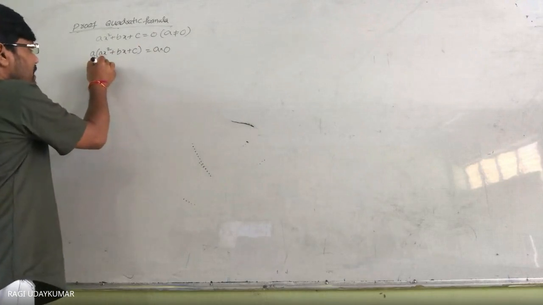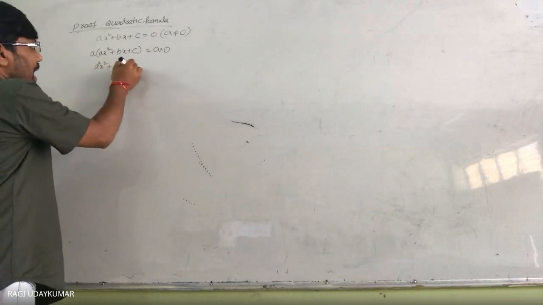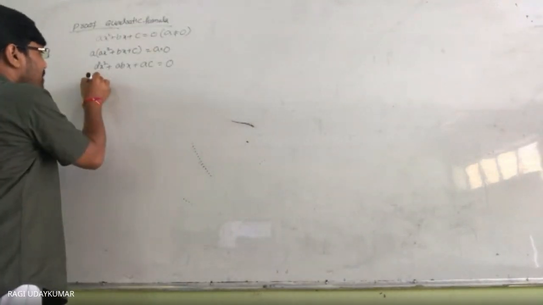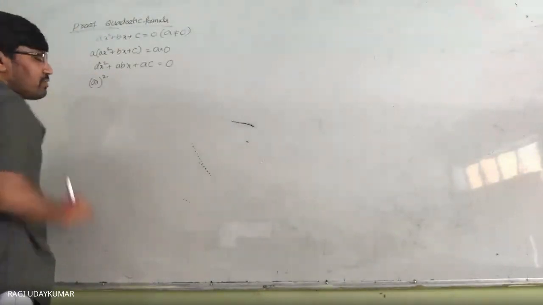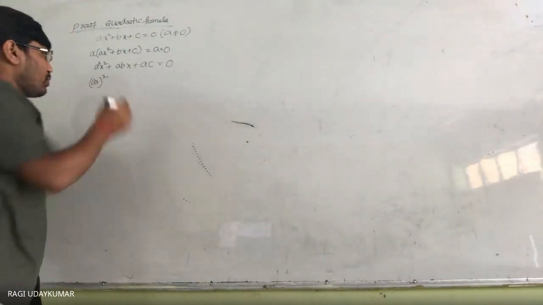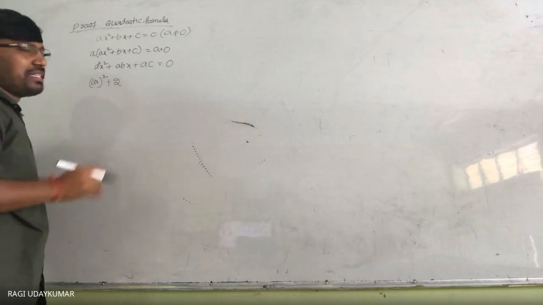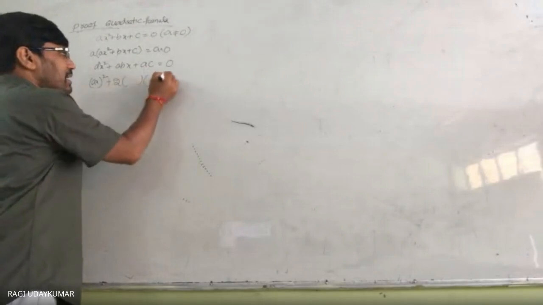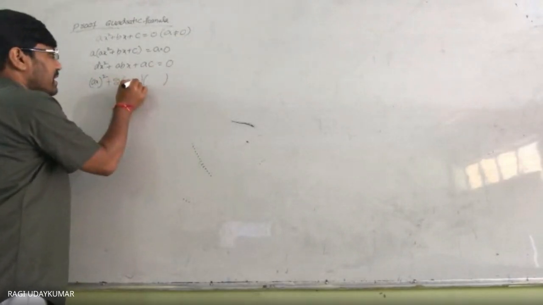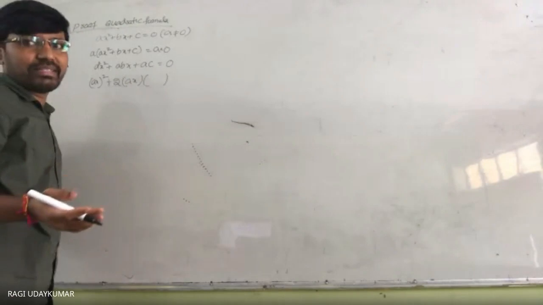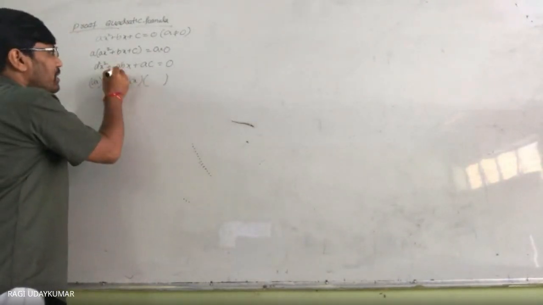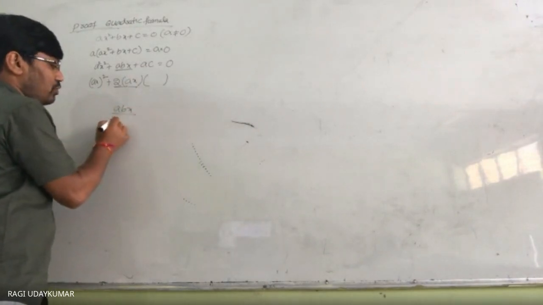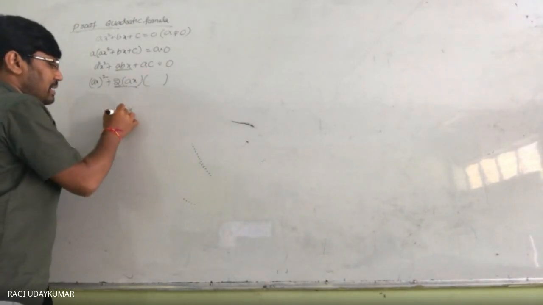Then we are going to get a square x square plus abx plus ac is equal to 0. Now this can be written as (ax) whole square. ये perfect square बन गया. नेक्स्ट स्टेप, what to do? 2 compulsory लिखना है, इधर प्लस होता है तो प्लस लिखो, 2 always लिखना है. नेक्स्ट a, इधर b, इधर ये क्या है, ये ax है. What is b? To decide what to do, I say इधर पार्ट को, ये पार्ट से divide करो. ये bx by 2, ये x, x, x, ये will get cancel.